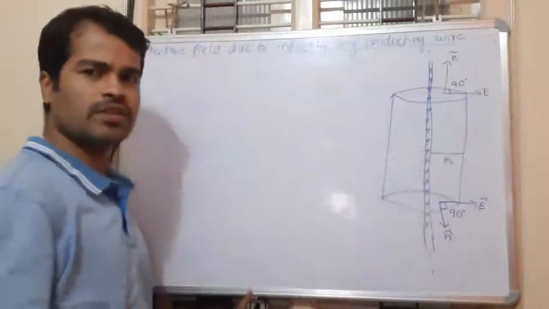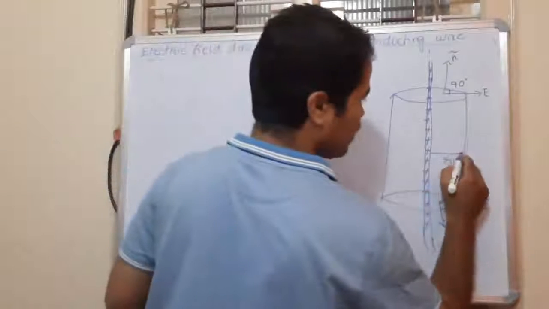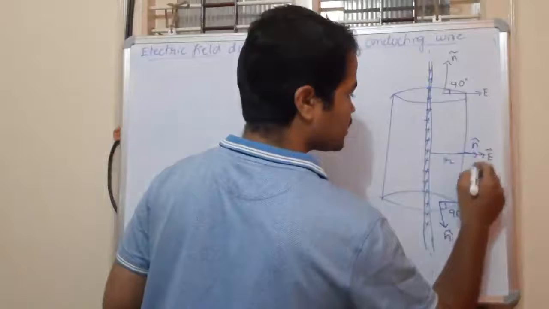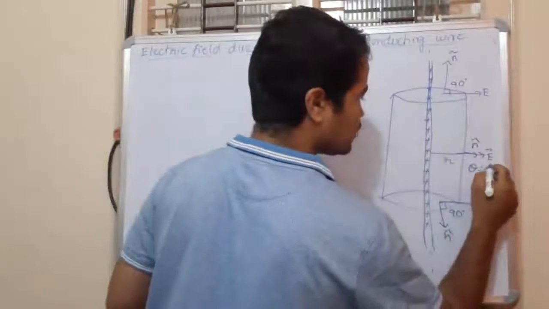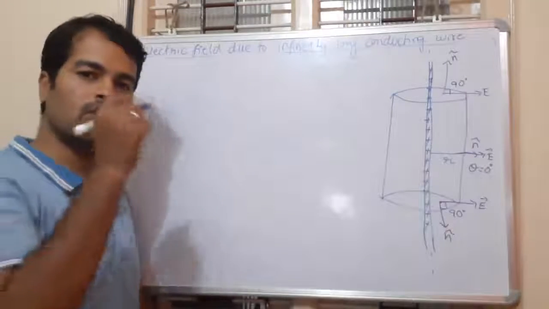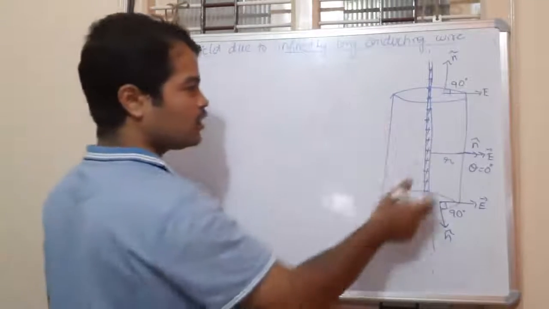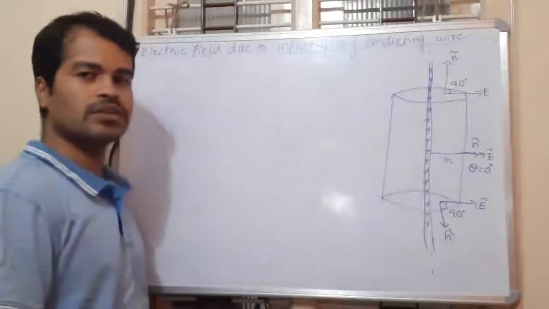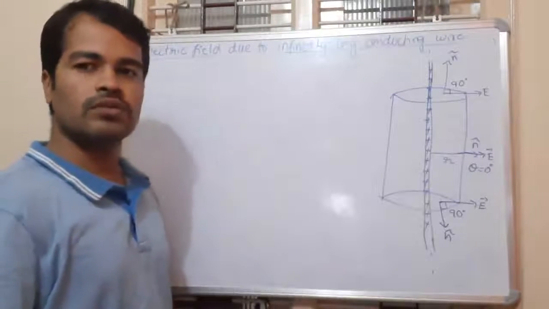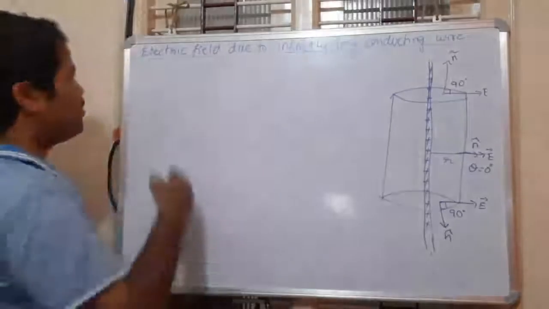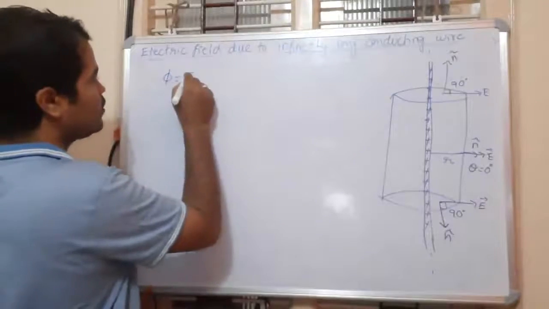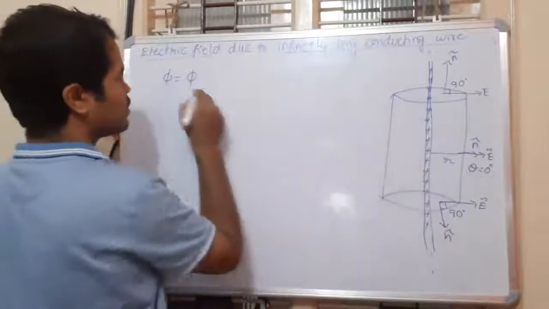Now the third surface, look at this one, the curved surface. Anywhere you take on the curved surface, it will be the same thing. The electric field is in this direction, and the area vector is also in the same direction. Since the angle theta is equal to 0, this is going to contribute. So only the curved part contributes. Now first we find the electric flux, and then we move on to the electric field. Now the total electric flux is given by the electric flux due to the first surface.